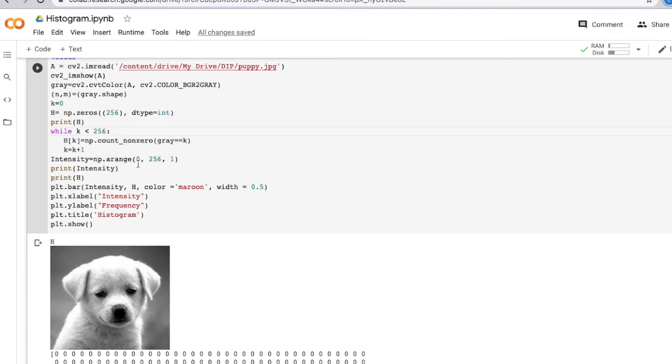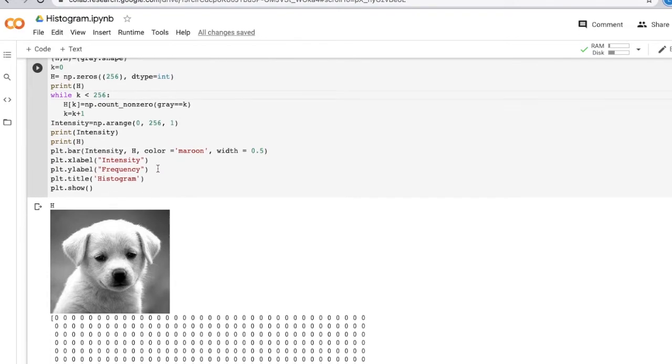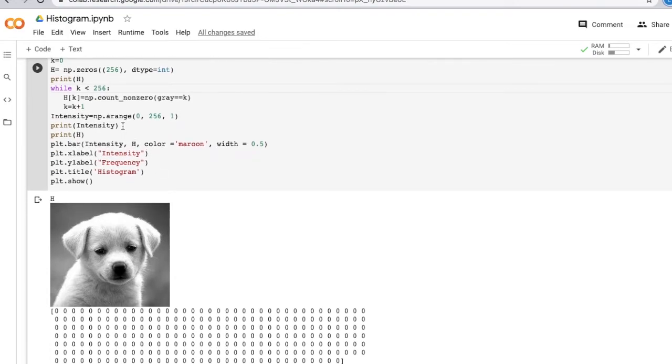Here it defines the starting point, the end point, and the interval. This 256 is excluded, so it will go from 0 to 255, and as I have given 1, it goes with an increment of 1. Lastly, I just want to check how my intensity matrix is coming out to be, and lastly the count.